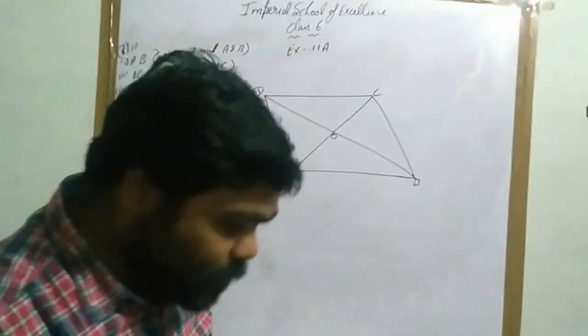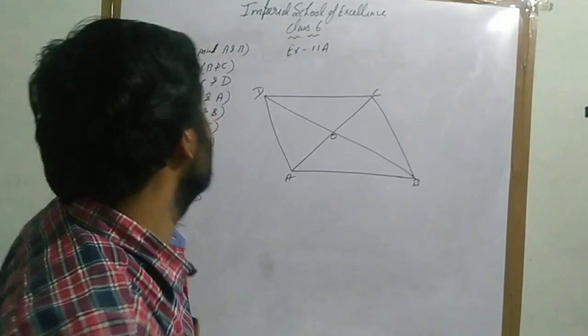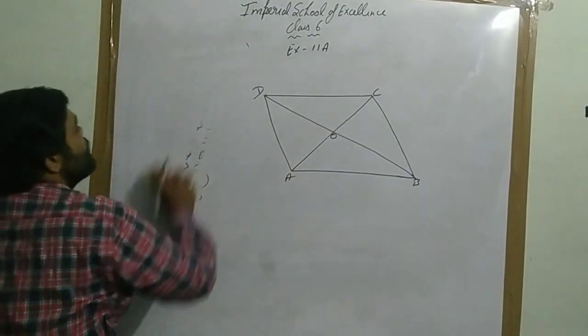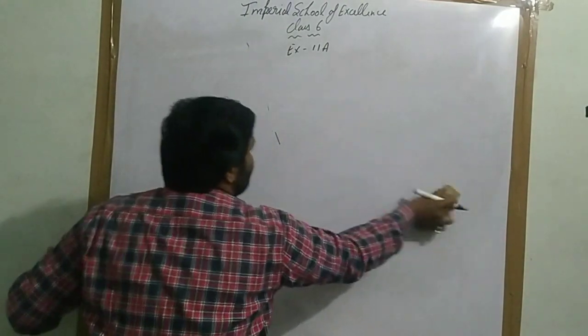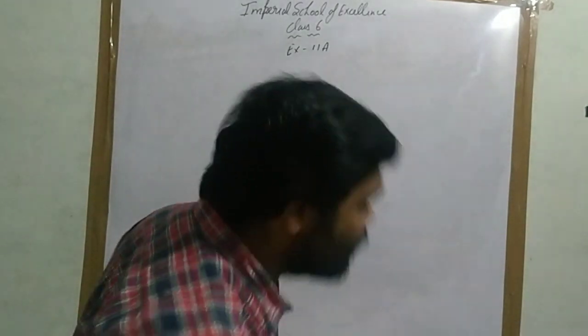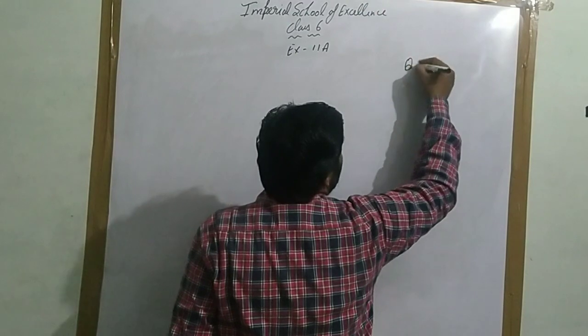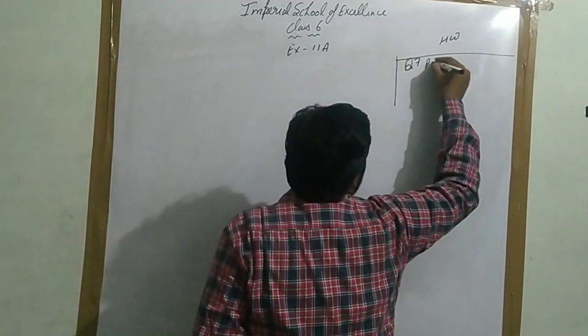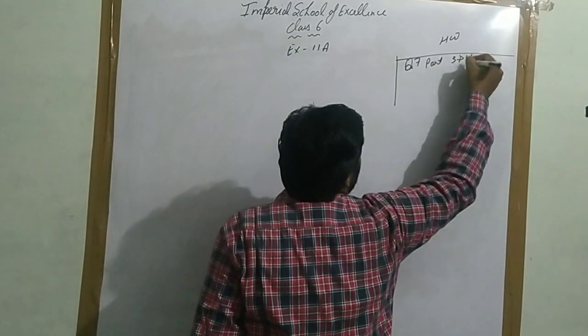Now let's come to question number third. Question number third you have to do yourself. I am explaining to you question number 4. Part 4 we will do. We have to mark the lines here, or you can take it as homework, question number 3rd and 4th. Question number 7, part 3rd and 4th you have to do.